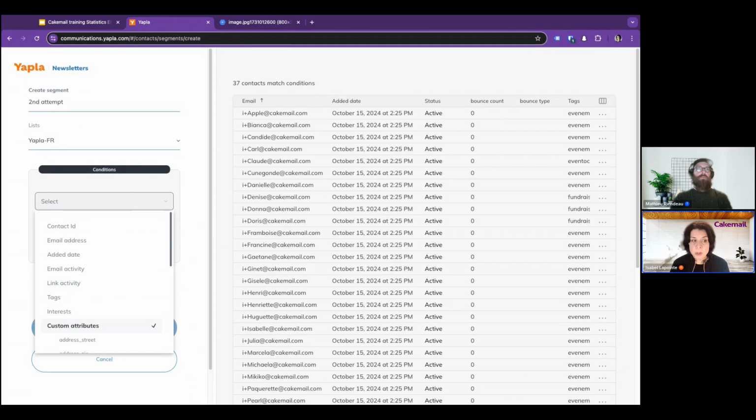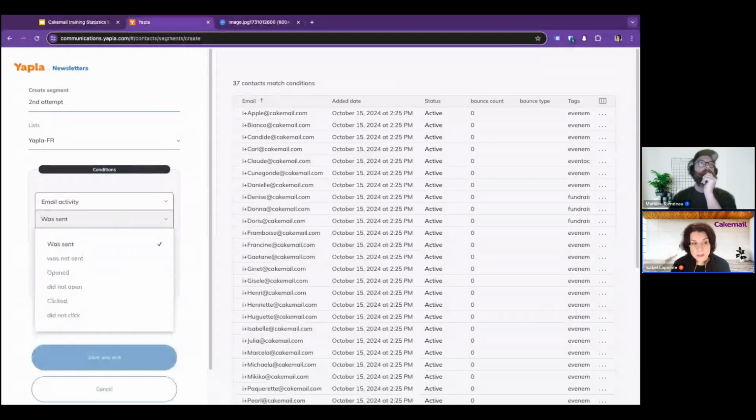I already demoed the segment based on the tag. So based on the tag, that means that you can create a segment based on certain tags. For example, if you want to send something to your members, if you send something to everybody who has participated in an event that you've done, today I want to address this on email activity. For example,